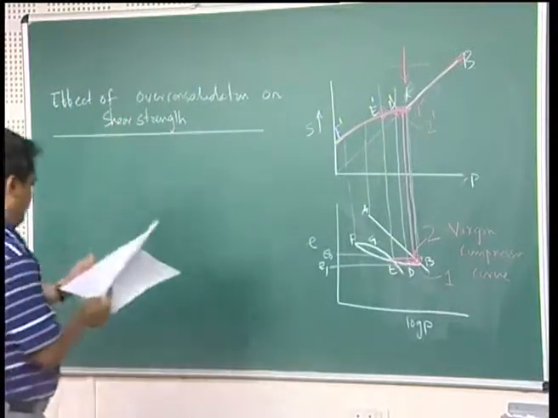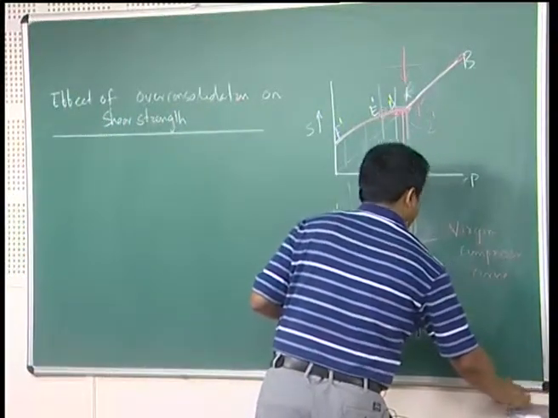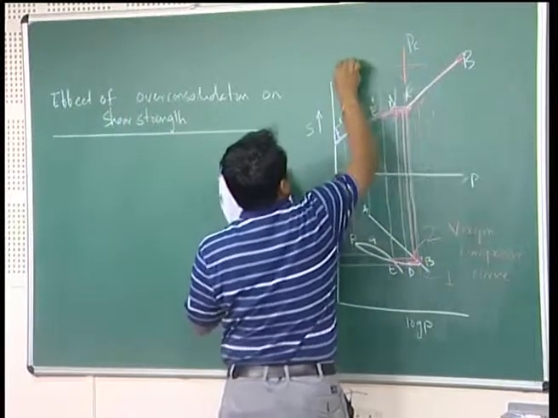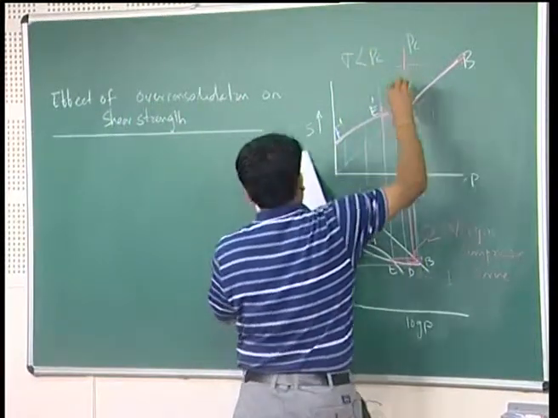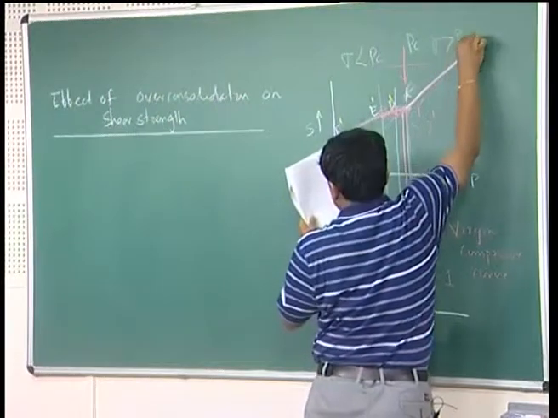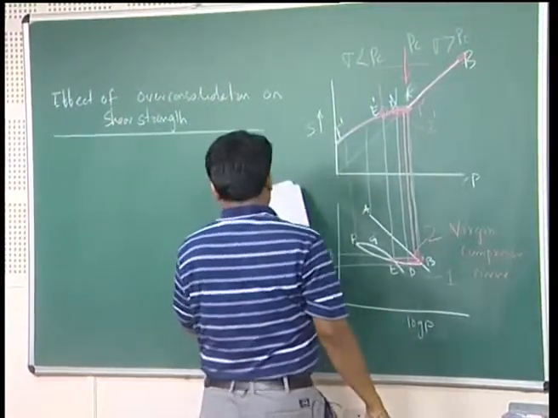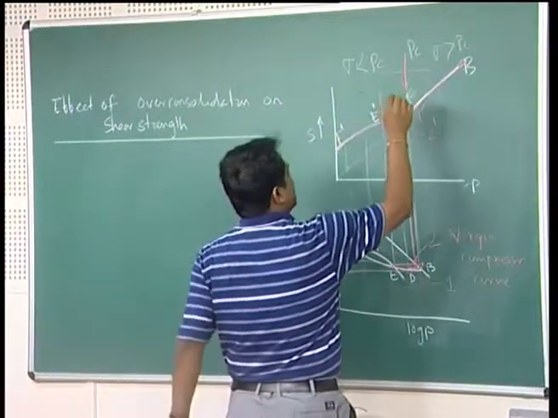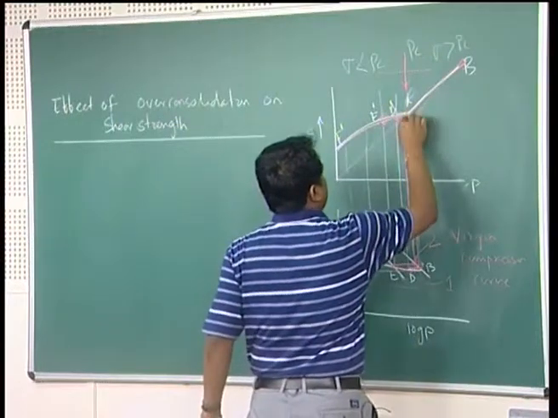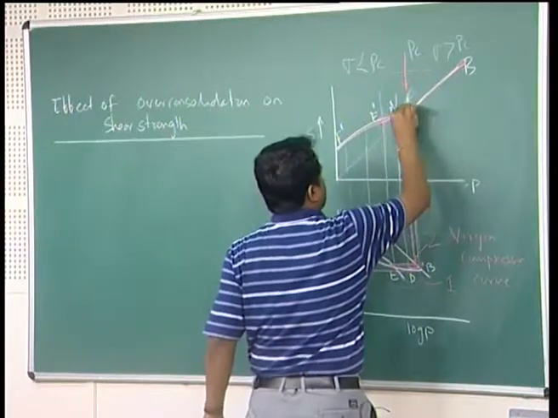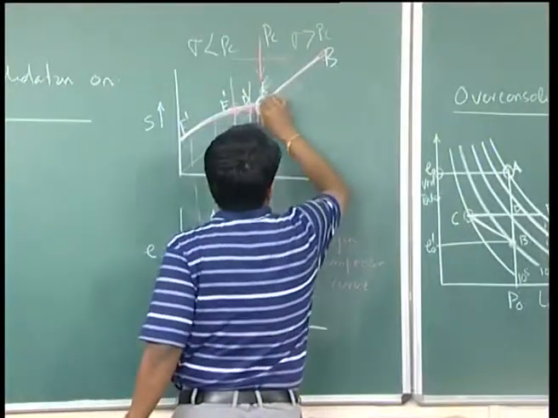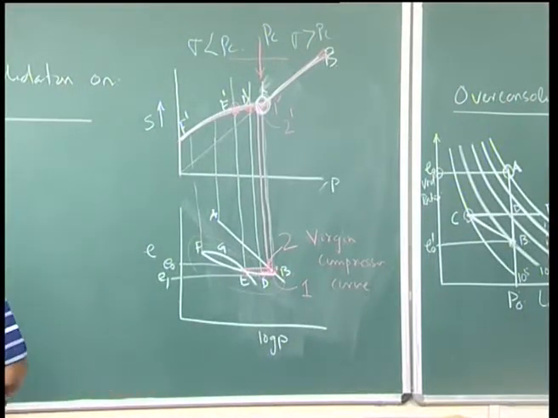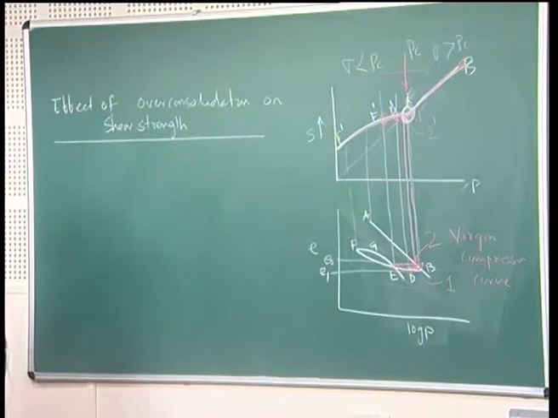If I come back to earlier, so this is my PC. This is sigma less than PC and this is sigma greater than PC. That means, you will get a discontinuity at the point of pre-consolidation or over consolidation, in shear strength curves. So, this is all about the effect of over consolidation on shear strength.